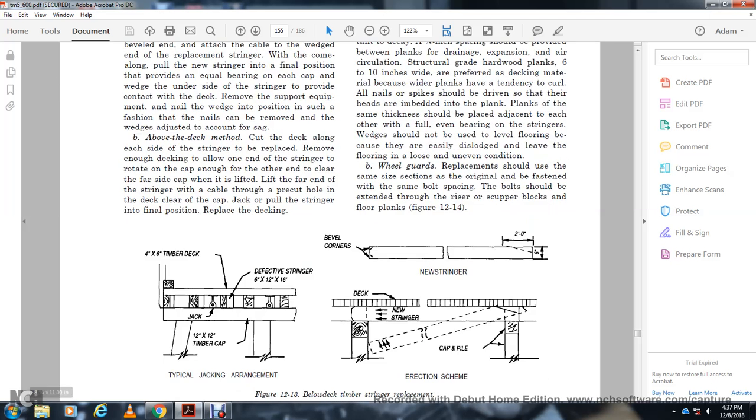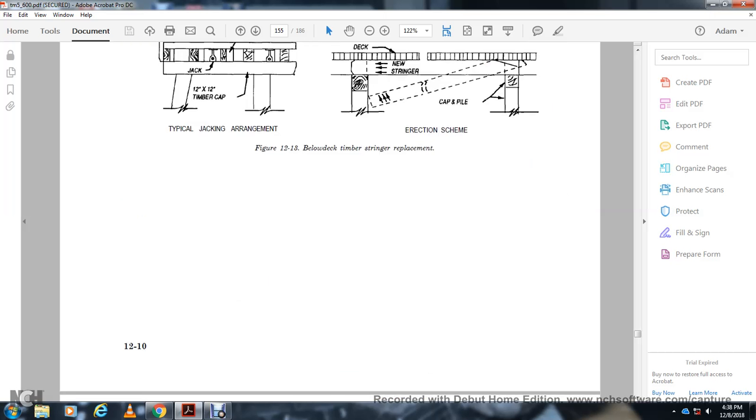14. Below deck timber stringer replacement, typical jacking arrangement, timber cap, 12 by 12 foot by 12 foot, 4 6 by 4 inches by 6 inch timber deck, effective stringers 6 by inches by 12 inches by 6 in the jack, bevel corners 2 foot and new stringer cap pile, new stringer deck and erection scheme, and then you'd have your